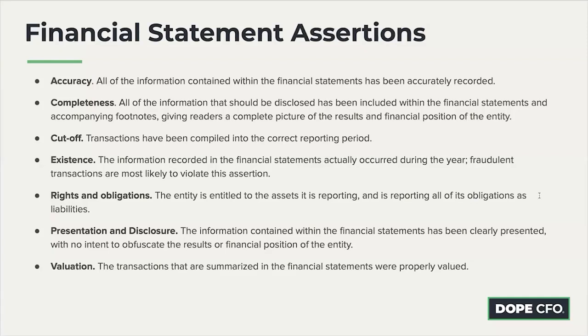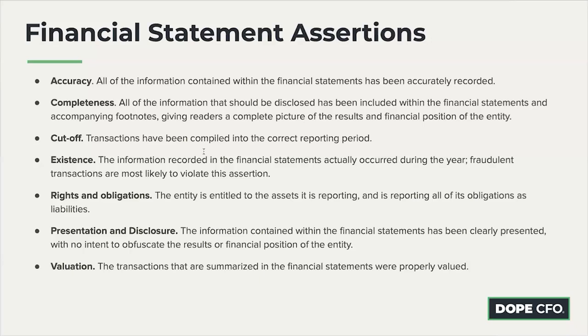So first and foremost, just accurate. We find tons and tons of errors. It could be just sloppy. There's an invoice that was for an electric bill, but you accidentally coded it to rent expense. You've got to have a way at month end to go back and find and fix errors. Completeness. We have many things often left out, especially on the liability side. Very important. Cutoff. Are things in the right reporting period?